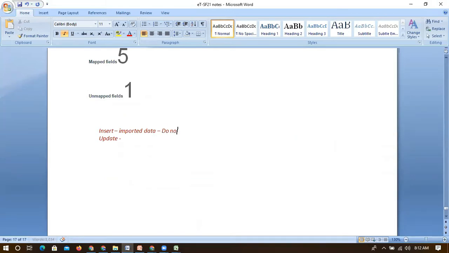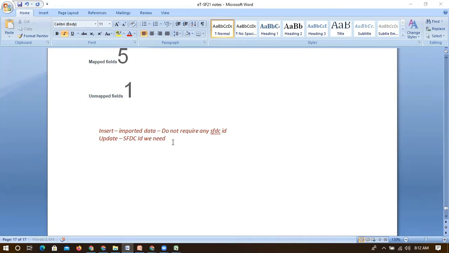And here, if I want to do an insert operation, it does not require any SFDC ID. SFDC will automatically generate a unique ID. But if I want to do an update, where I can update bulk data within a single click, I need to have the Salesforce ID. We need the SFDC ID to perform any kind of update operation.